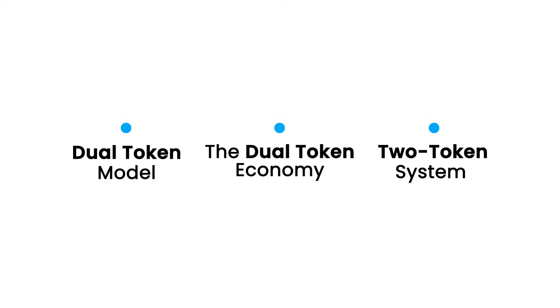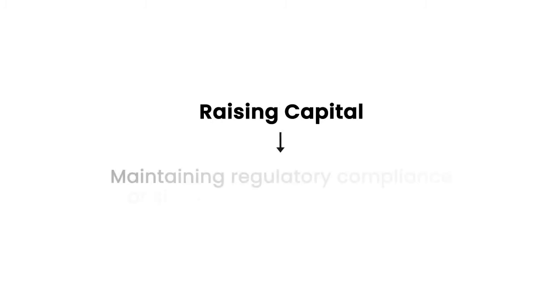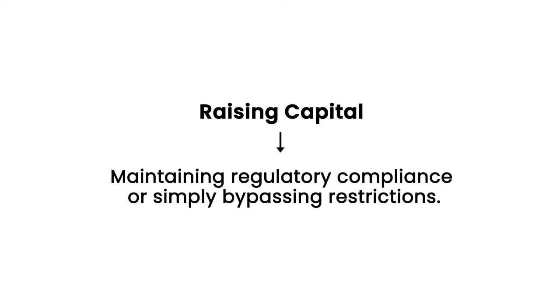Many projects adopted a dual token model during the ICO boom of 2017, with the goal of raising capital while maintaining regulatory compliance or simply bypassing restrictions. In these cases, one token was typically considered a utility, while the other token was considered a security. People would invest in a security token, but get rewards or discounts in the utility token, which people expected to appreciate in price. However, this mechanism was short-lived, as regulatory agencies across the world drafted and also enforced new laws